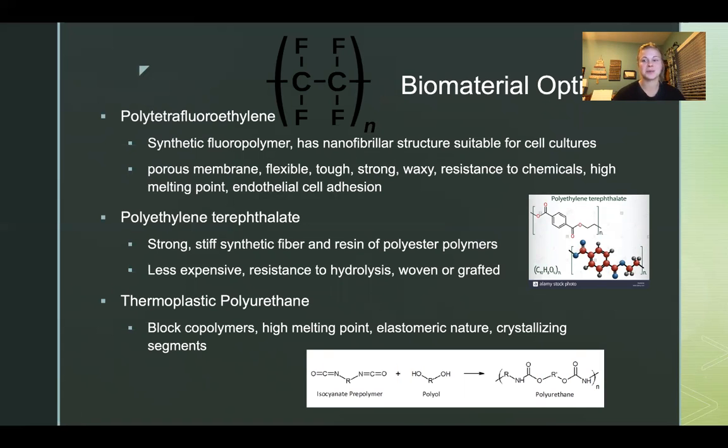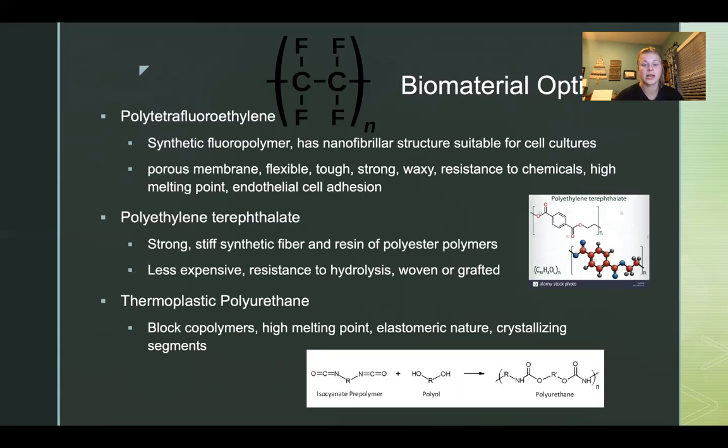The first one, this is going to be interesting to see how I pronounce them, polytetrafluoroethylene. Sounds pretty good. This first choice is a synthetic fluoropolymer. It has a nanofibrillar structure, which is suitable for cell cultures. It is friendly to the environment of the human body. It has a porous membrane, and it has a lot of great mechanical properties: flexible, tough, strong,